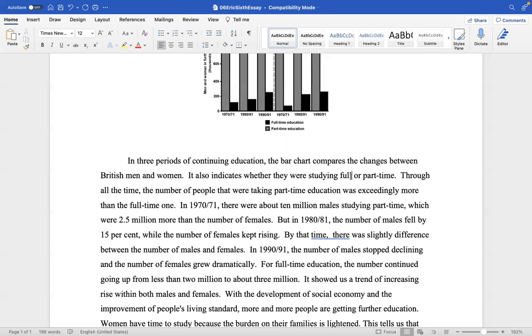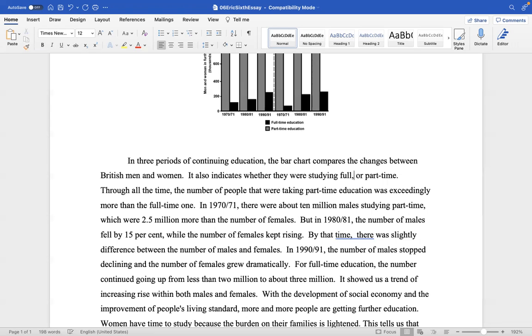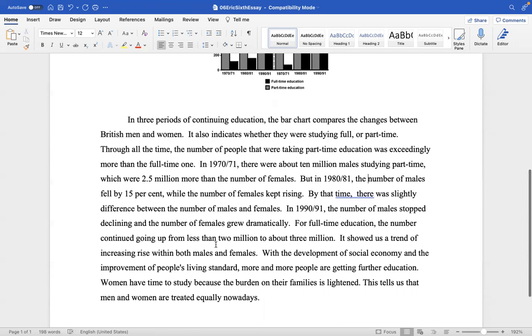And maybe you could use a comma, but probably not, because it's just redundant. You know that word, redundancy, meaning you're saying it twice when you don't have to. So in 3 periods of continuing education, the bar chart compares the changes between British men and women. It also indicates whether they were studying full, or you could do a comma, full or part-time. So through all the time, the number of people,